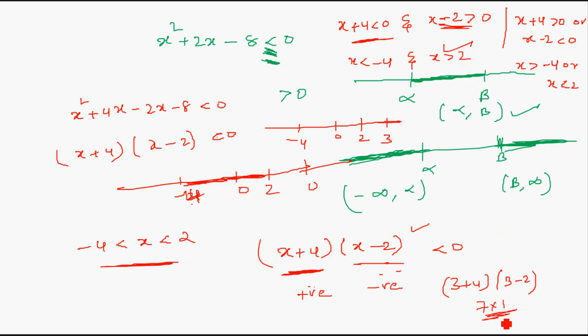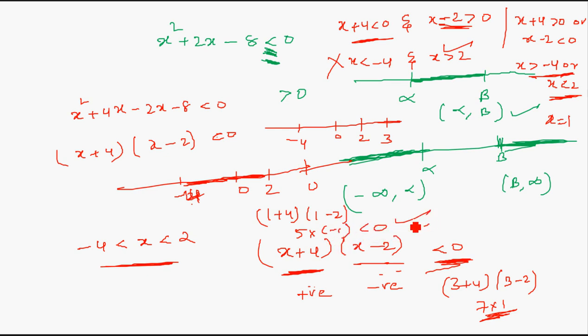Now this is a positive number, whereas we have to get less than 0, so obviously this statement is false. So the answer will be x greater than minus 4 and x less than 2. Simply, now again you can take a number here, x less than 2, we will take x equal to 1 and substitute in this equation. So 1 plus 4 into 1 minus 2, this is 5 into minus 1, this is less than 0